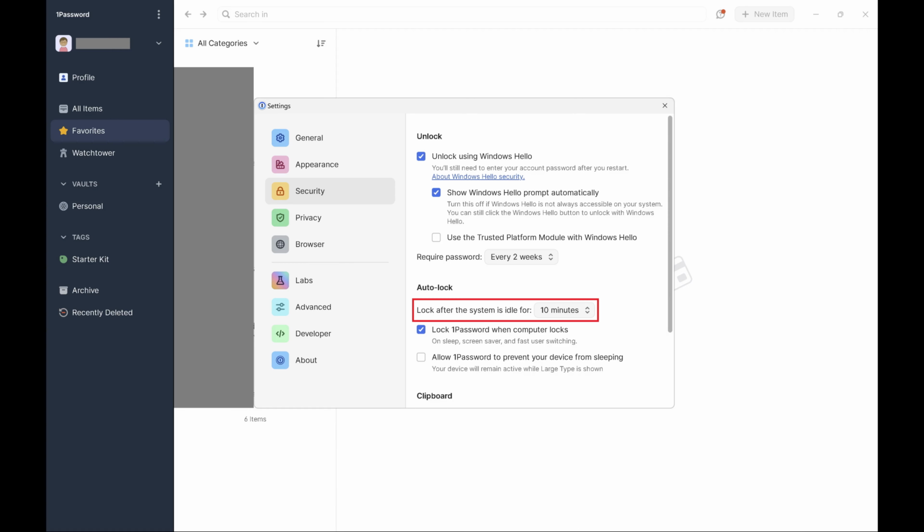Going forward, 1Password will lock automatically after your defined duration, and you'll need to re-enter the password to resume having